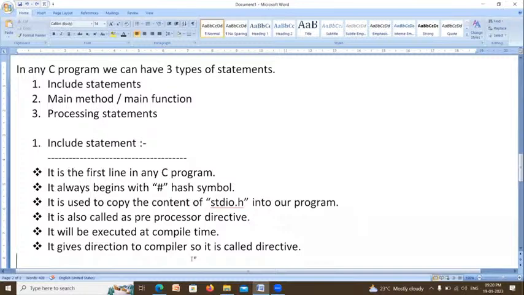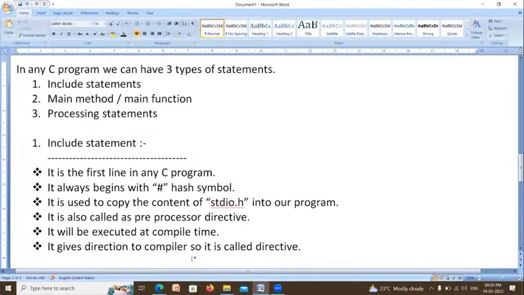What are include statements? Include statements are at the top of the program, so they are the first line. It always begins with a hash symbol.